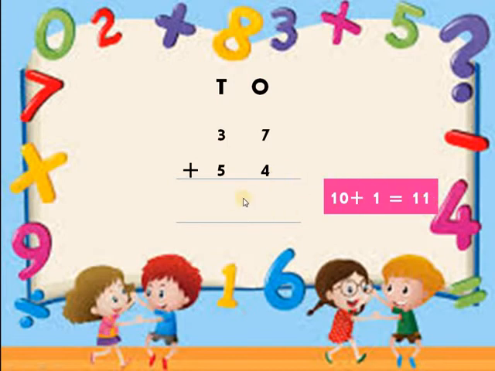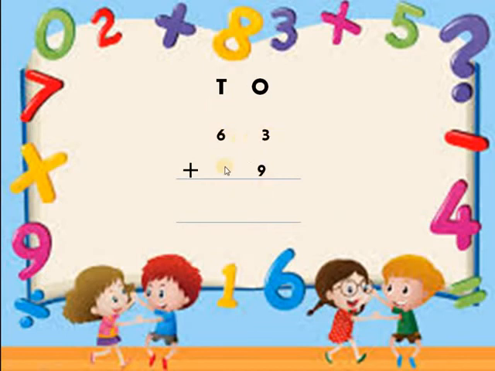1 we have written here, and this tens number is to be carried over. So we have carried over in tens place, and you know why? Because it is 10, it's a double digit and it's a tens number, so we have taken it here. 1 plus 3, add all the 3. 1 plus 3 is 4, 4 plus 5 is 9. So 91 is your answer. 37 plus 54 equals 91.